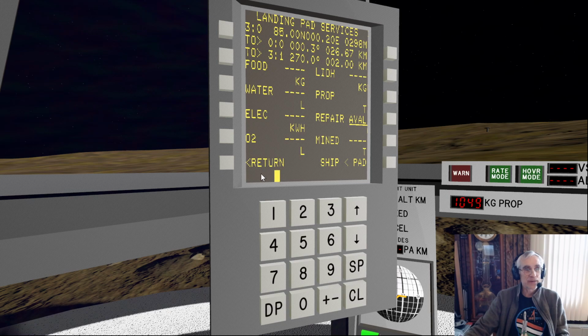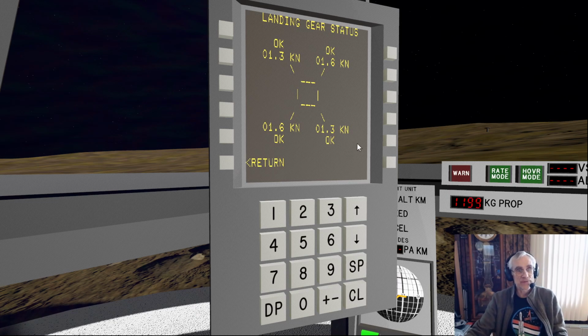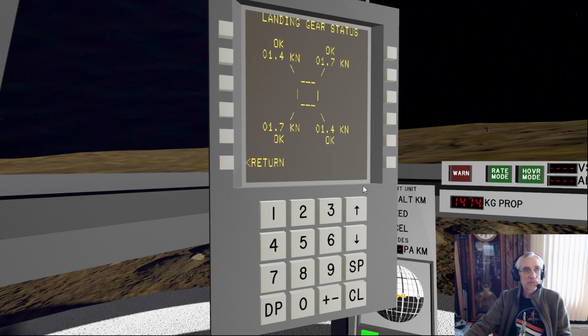And while that's loading up, let's go take a look at our landing gear. Our landing gear is in great shape. You'll notice also that our landing gear is showing much smaller forces than they were before. This is because we don't have much fuel on board. So as we load fuel, we'll see these numbers go up. There's a little bit of asymmetry between these. These are lower than these. It might have a little residual damage on the landing gear. It's a puzzle, something to look into.